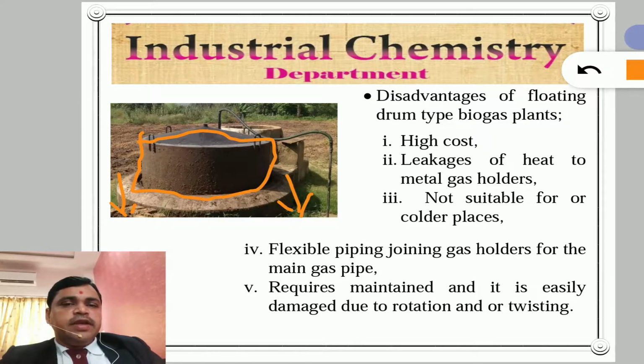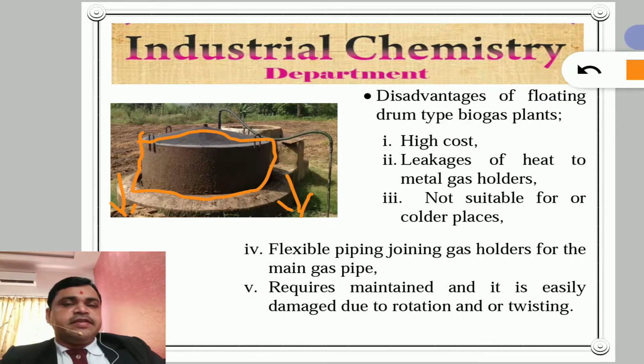It is very important. Leakage of heat. We saw in the advantages that leakage of gas is no problem in this type of plant, but here heat leakage occurs because the gas holder is made of metal, so it absorbs the heat, and leakage of heat gives some problems. Number 3, not suitable for